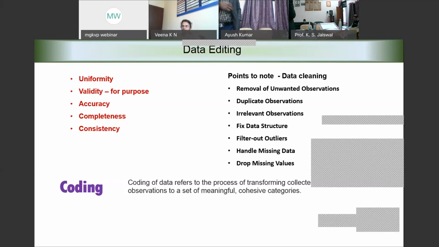Let us say less than 40, 40 to 50, 50 to 60, 60 to 70 and above 70, and put them into different classes. That will help me to do the data analysis. So coding is basically a process of representing the information using some symbols or using some numerical values.